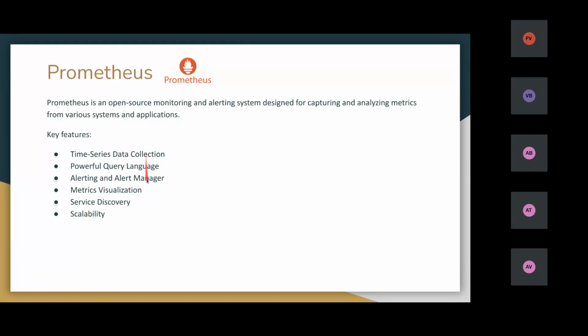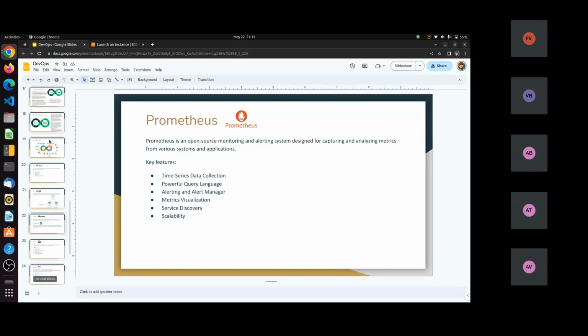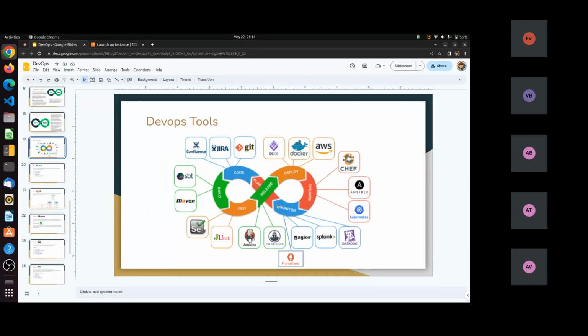Okay, next is Prometheus. Prometheus is a monitoring tool. We need to monitor all our servers: this Jenkins server, this build server, and if we are running Jira on our servers, the Jira server, our AWS server, the Kubernetes cluster, and everything.